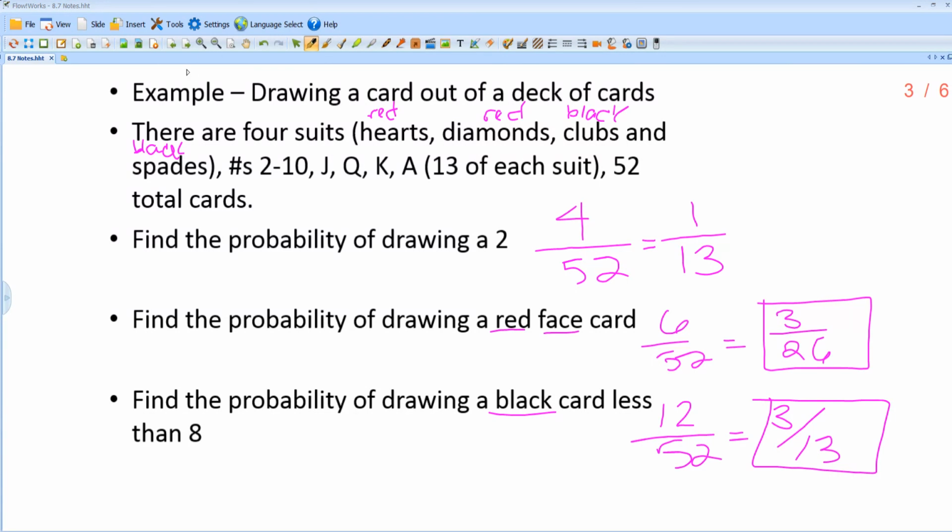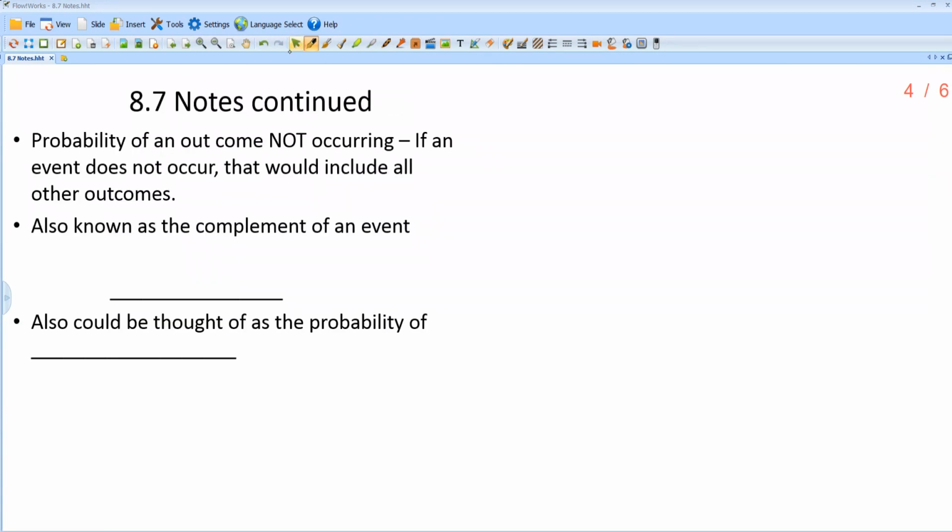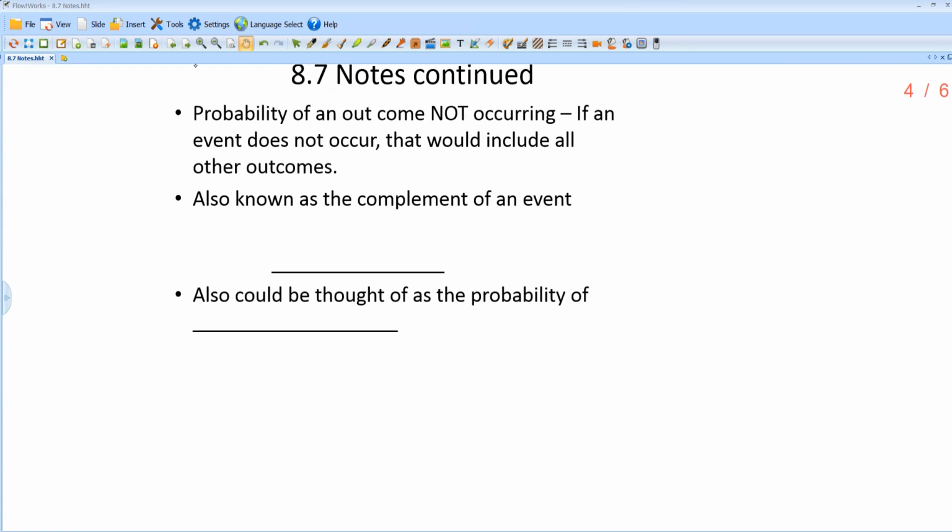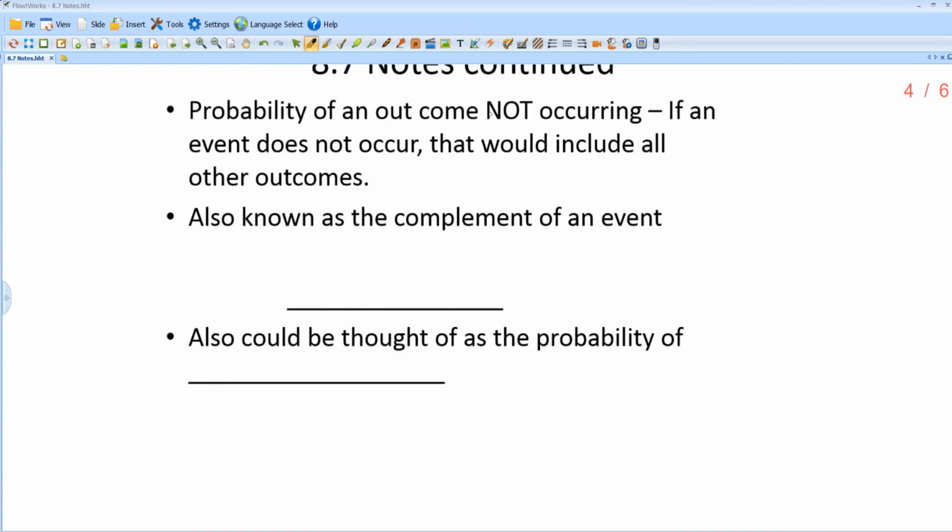All right, so those are our 2 sort of prime examples here. Now we're just going to have some more definition-like stuff. If we want to talk about the probability of an outcome not occurring, so if an event does not occur, that would include all other outcomes. The thing you have to be careful about with a question that says not occurring